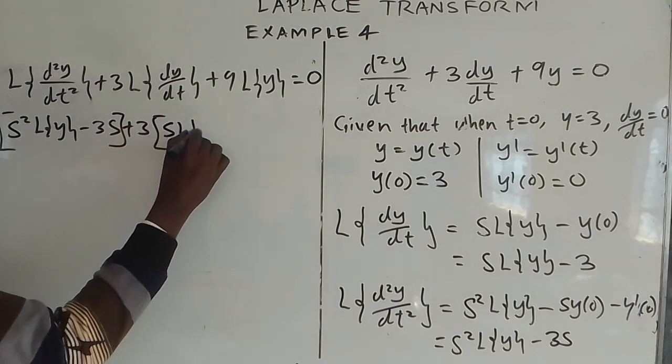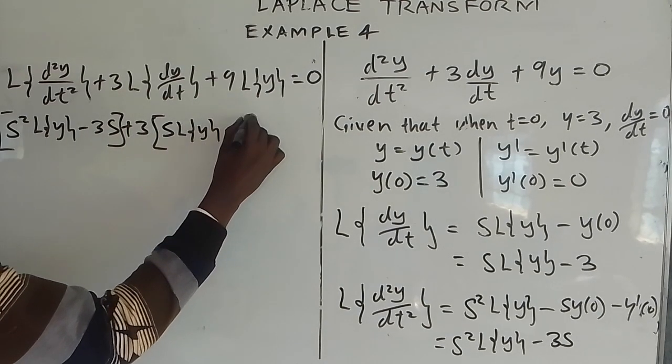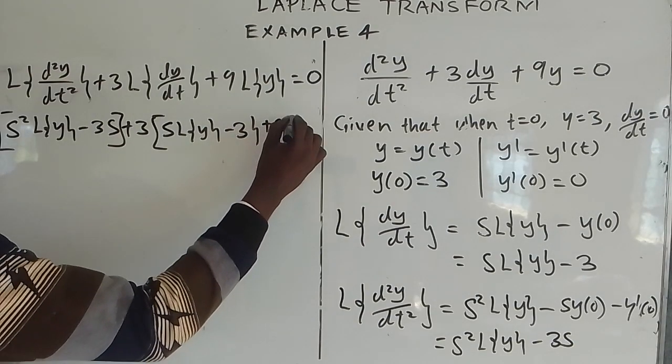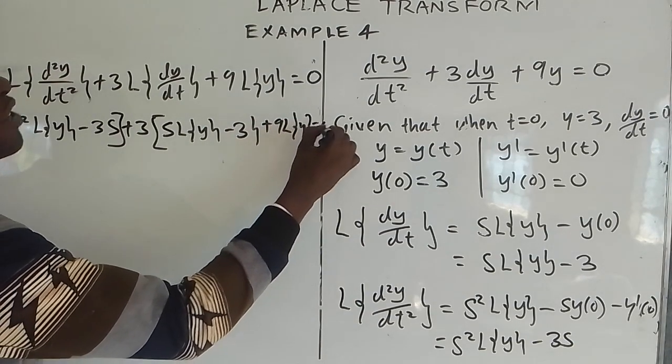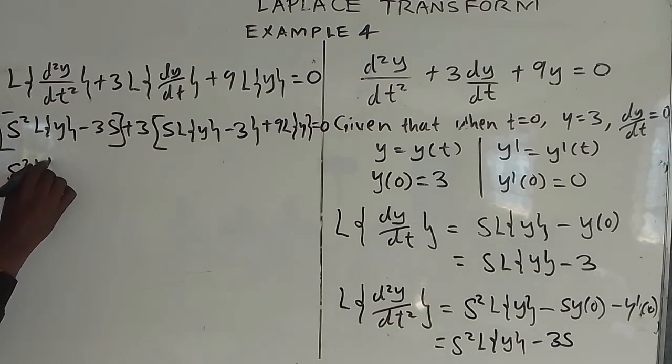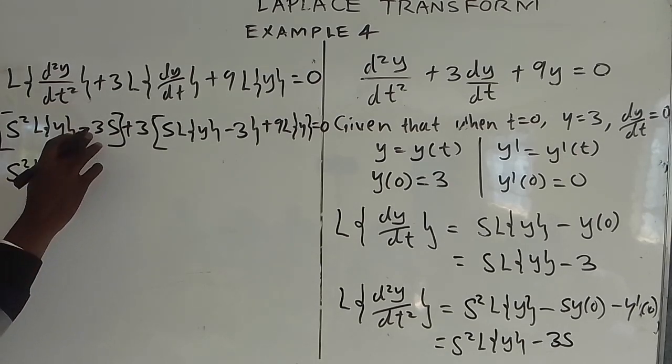S of y minus 3, isn't it? Then it is plus 9 Laplace transform of y to be equals to 0. So you substitute everything. The next thing is now to open this bracket. So if you open those brackets, what do you get? You get s squared Laplace transform of y minus